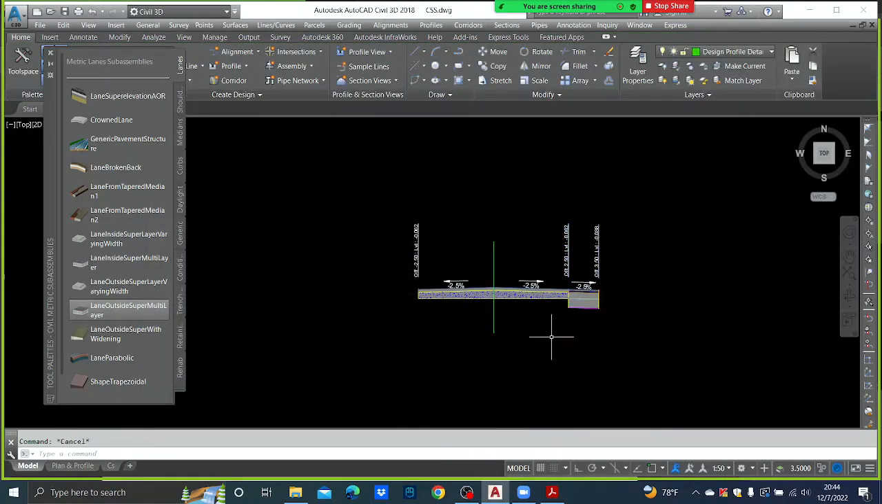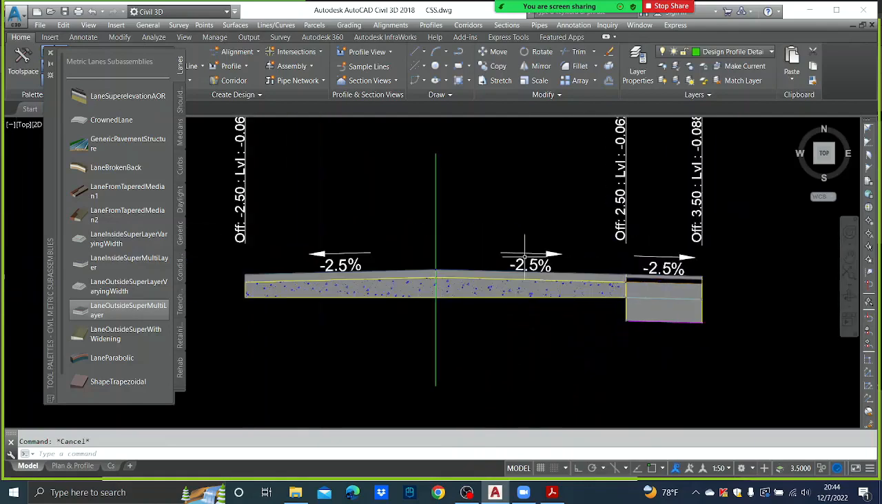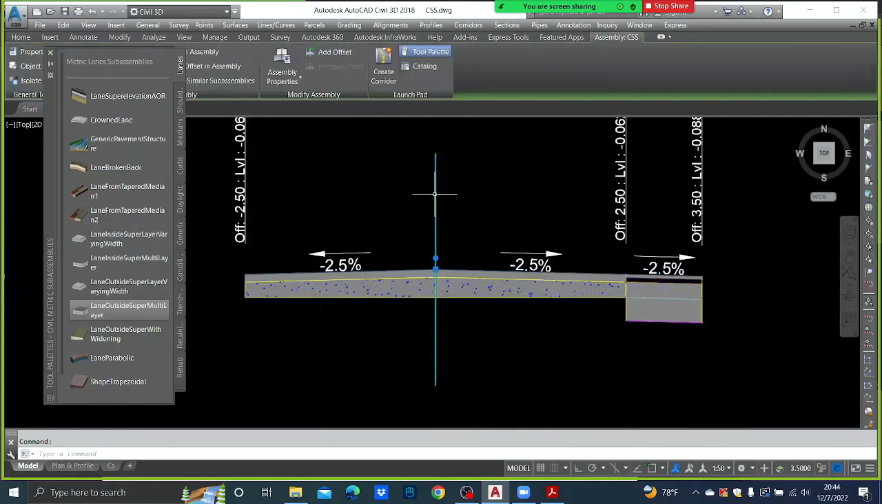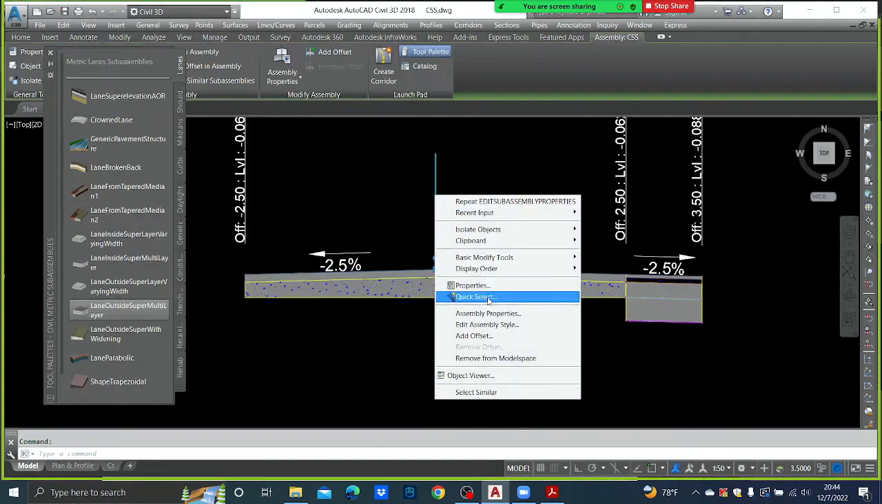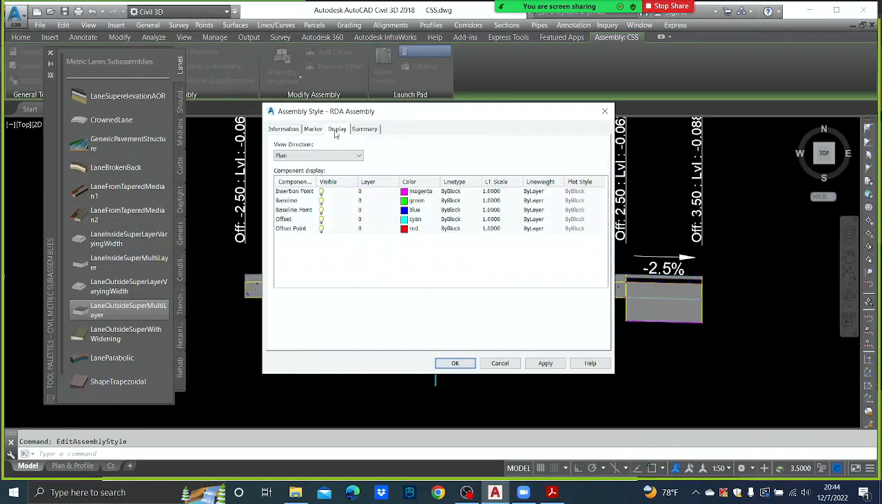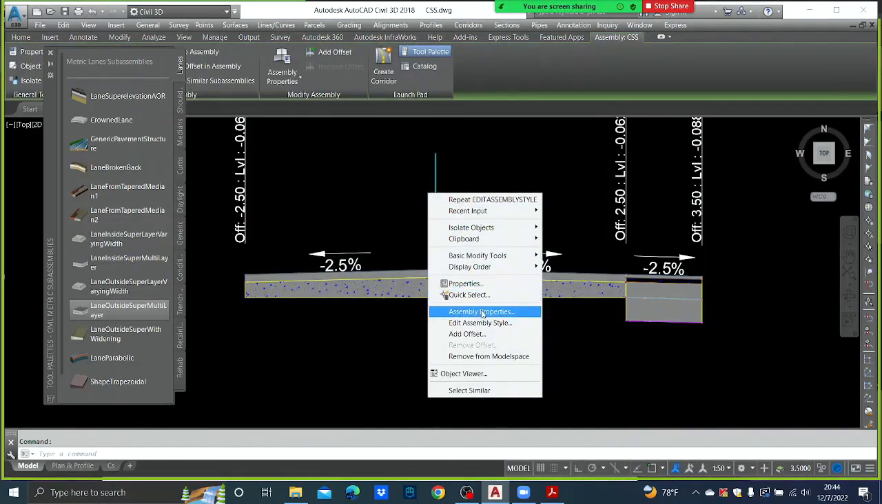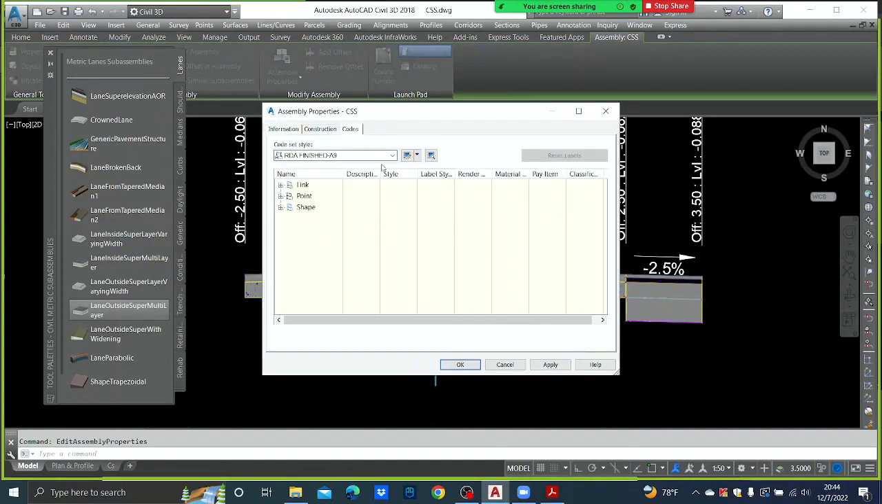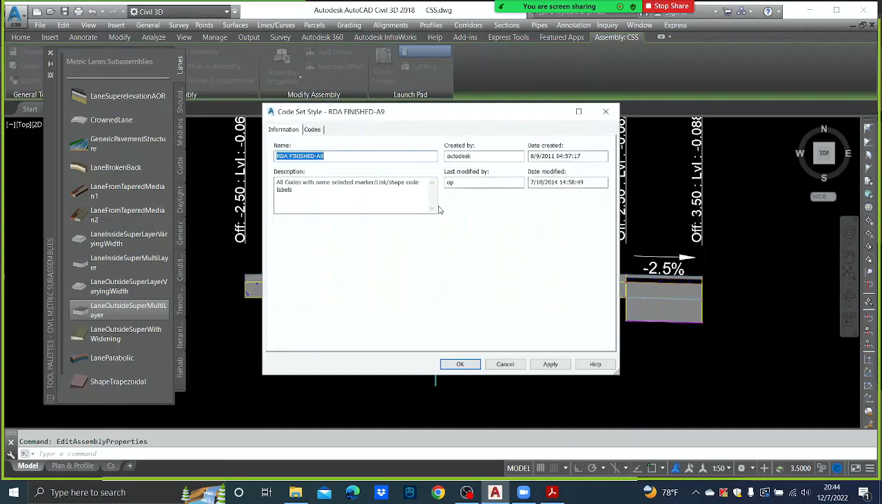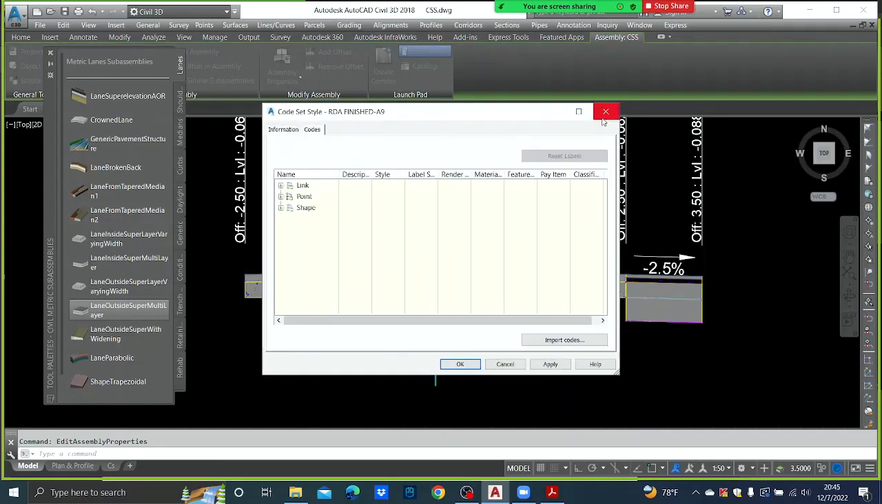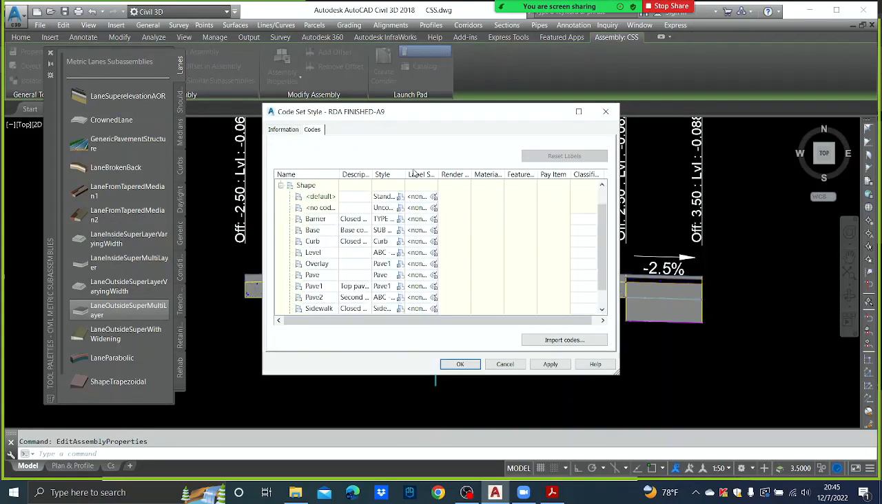Okay, now if you really want, now you see it is not coming very nicely, we can change that. These are some advanced things, but I'll just show you, right? So you can go to edit assembly style, and now you have to go to assembly properties, and you go to codes. Here this is RDA finish A9. You can try to edit them, and you go to shapes and check here,